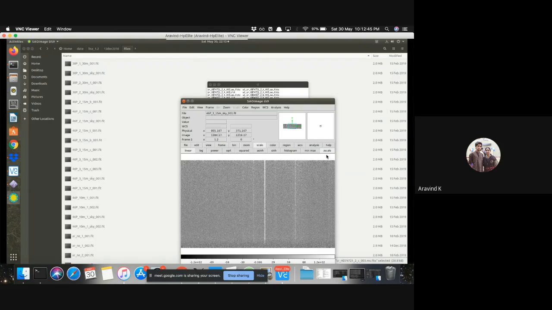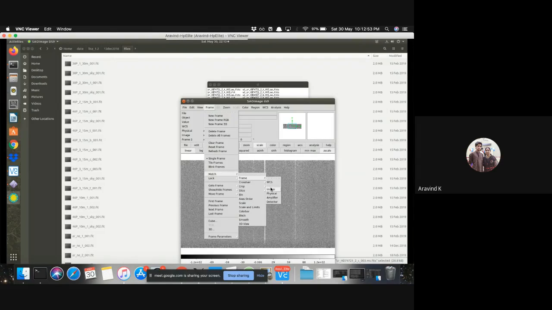I cannot go to each frame and do scale, Z scale. So I put it for one frame, then say frame, match, frame, image, and all the 100 frames get matched to that particular scale.